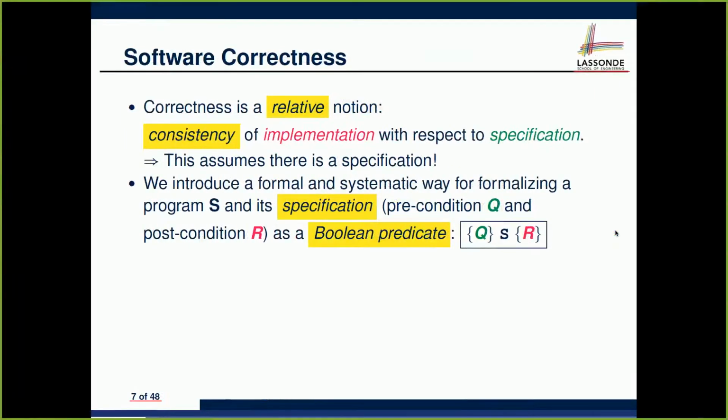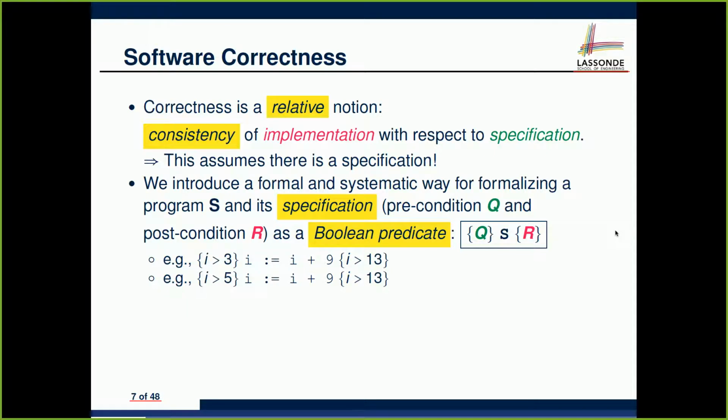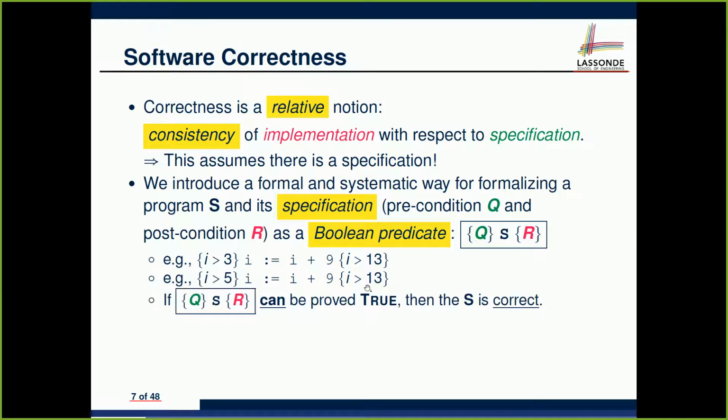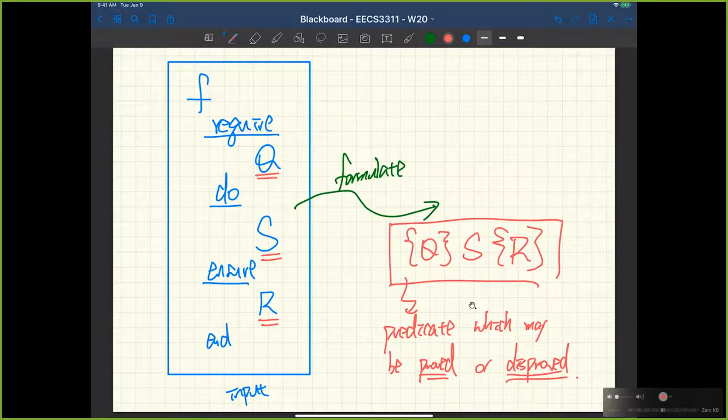So now that's the Hoare triple here, and then exactly what I said. In this case, you can see these are the two different programs. And now if one can be proved true, then the original implementation is actually correct. So now in the case where it can be proved,